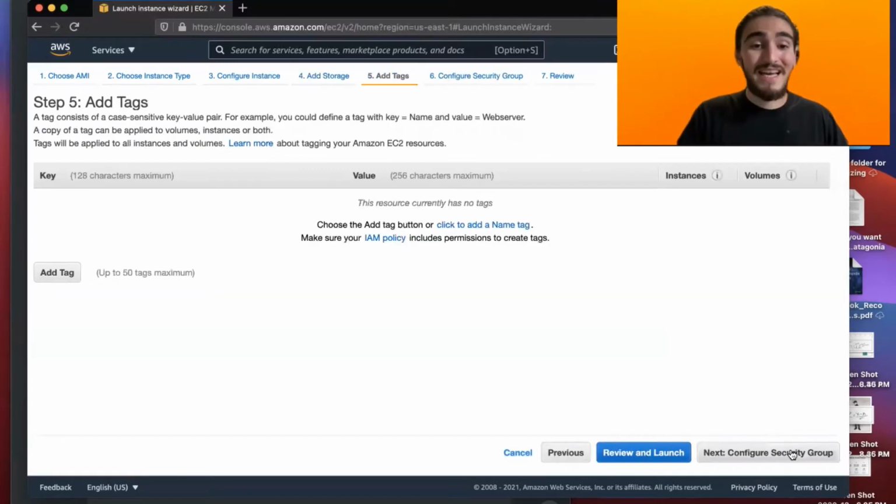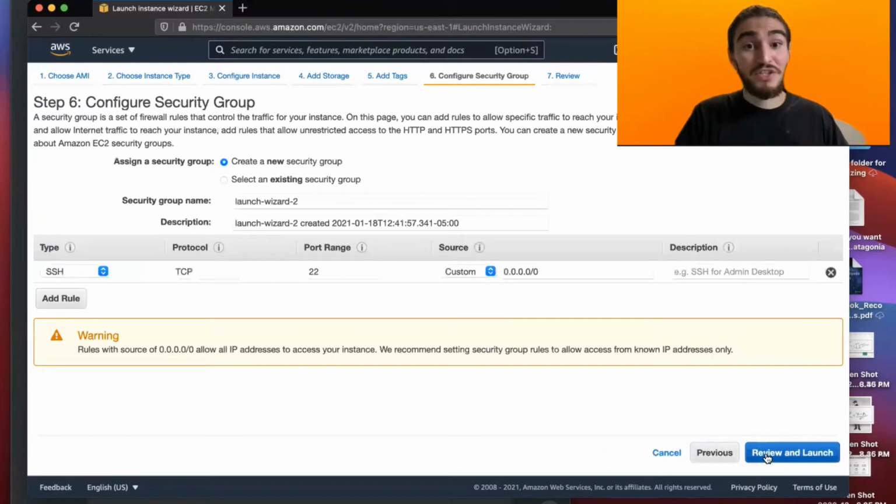So next, we're going to add tags. Tags, I usually skip this step, no need whatsoever. Now we're going to go for security group. This is the most important step because depending on what you're going to be doing, you're going to want to add more or less. You're almost always going to want more, but you're going to want to add more rules. In this case,